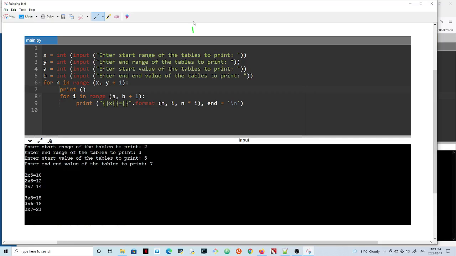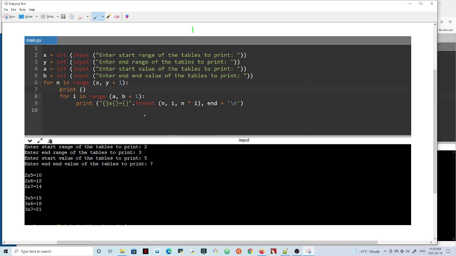Hello guys, this is just a follow-up to my nested for loop code that I posted in the last video on Python, which would have been labeled nested for loop part 3. So we can call this part 4. Now what changed here? What I tried to do here is not to trouble the range here, but